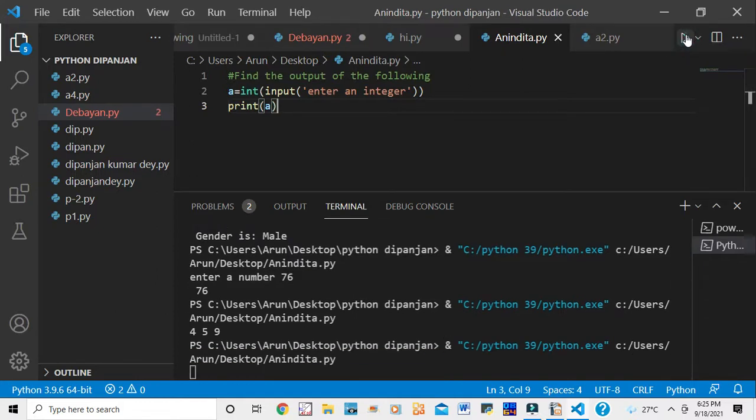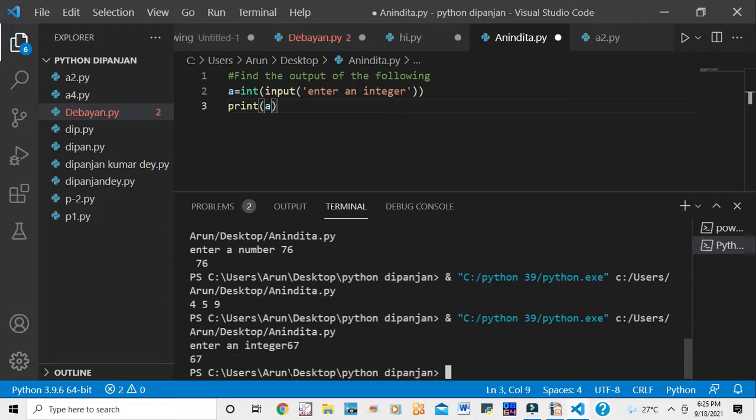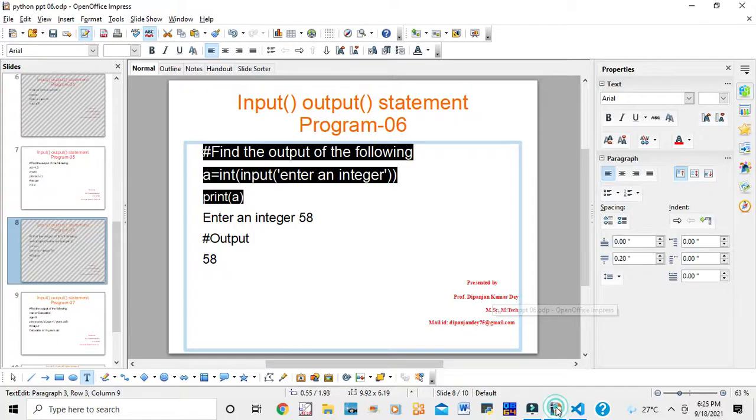Enter an integer, say 67. Then enter, you will see this is the output, 67 is the output. Now I'm going for the next slide. 67 or 58 as you write.